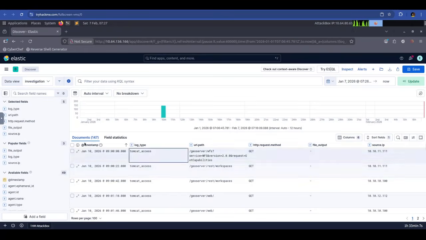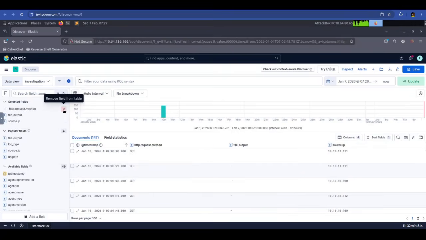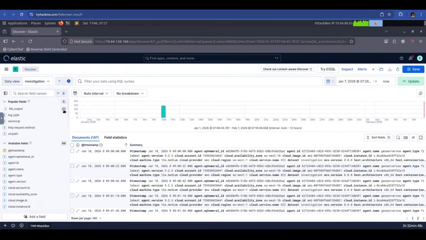Another important thing is the columns here. You see we have the columns. These columns do not appear randomly. They are based on your selection of the fields. So depending on the fields you select on the left, the columns here will differ. For example, if I remove all of these, okay, now everything has fallen back to the default view. That's the default view you get when you ingest the logs. You get the timestamp and you get the summary. The summary here is the raw format of the log entry, okay, that is found in the